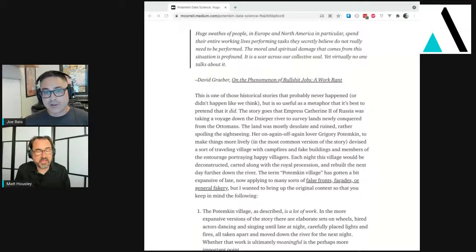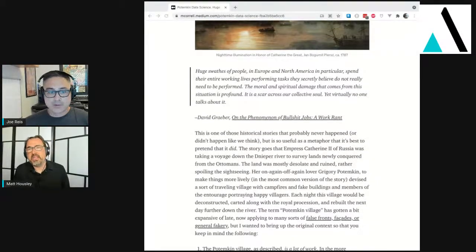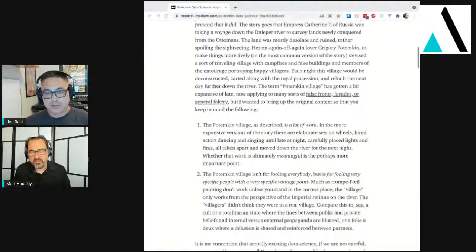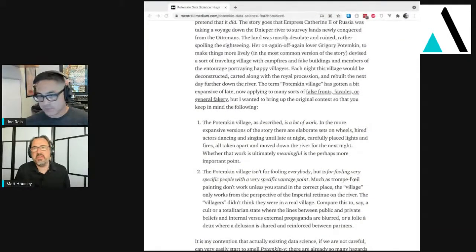The general idea that the author of this article is talking about is that they create an experience focused on a single person, meant to deceive a single person about the state of things, the state of her organization, the state of her government, the state of these lands that she had conquered. His comparison is what can happen within corporations and organizations in terms of data science that's meant to appeal to a particular executive or a particular leader, but isn't actually accomplishing anything. It's a facade instead, much as these villages were, for the most part, just facade with actors playing particular roles.